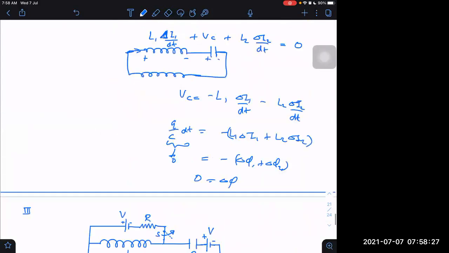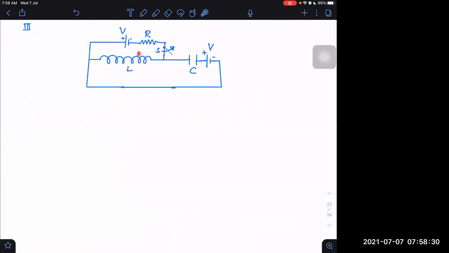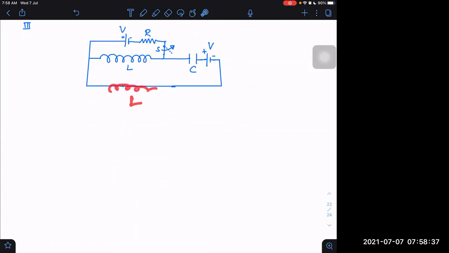Okay. Next question now. What would be in this situation? In this situation, also the switch is open, but I am not giving unnecessary L here, because you know already how to tackle that L. If I give you L, what would happen in that case? Conservation of flux, right? Because you could do that easily, I did not want to create unnecessary complication. Instead, I just gave a single L, and that carries V by R current. And just after opening, it has the tendency to carry the same current, so it will keep the current flowing in the same direction in which it was flowing before, means in this direction, right?